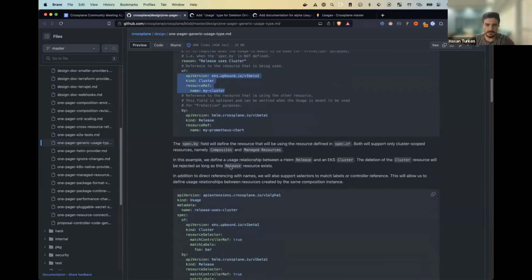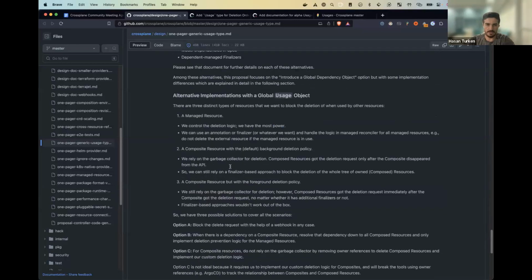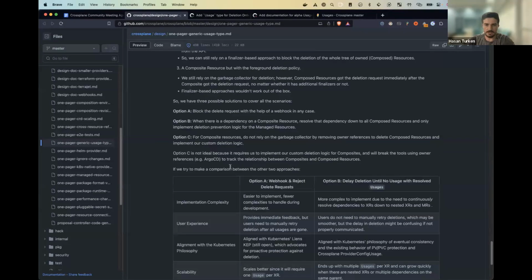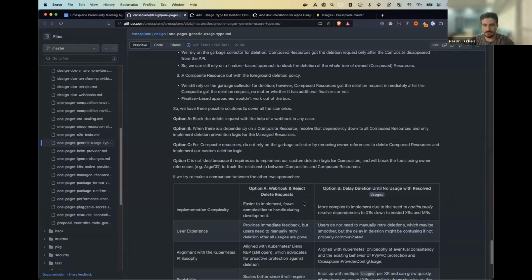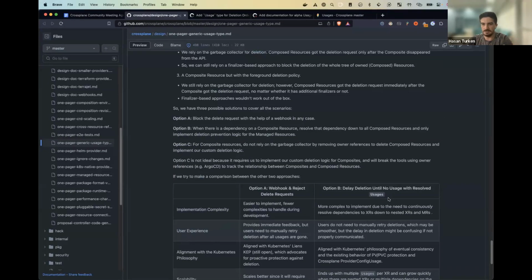In the design, some alternatives were discussed, and we compared basically two different approaches. One is the one that we chose, which is webhook based, rejecting delete requests when the resource is in use. And the other one was whether we should delay the deletion without any rejection or not.